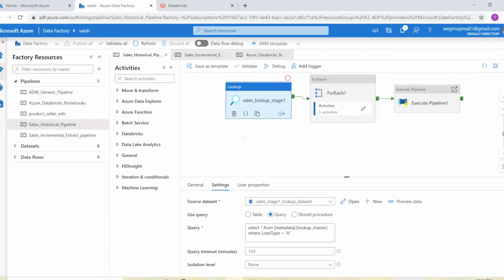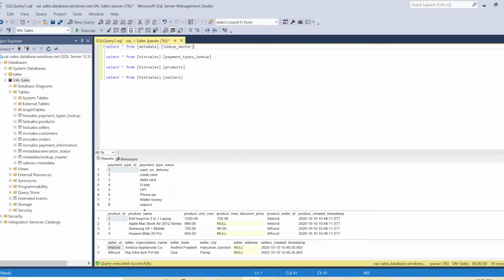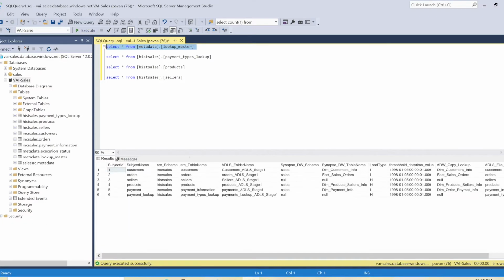Since my metadata is present in the SQL database, this is the table where we have the metadata information. I want to get these 6 records into my lookup activity's output,